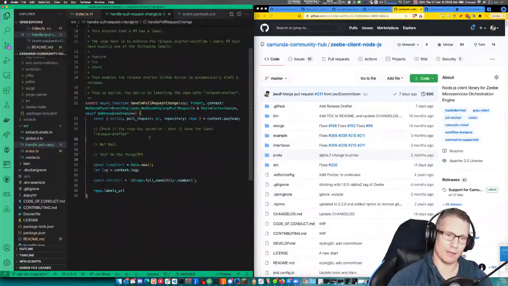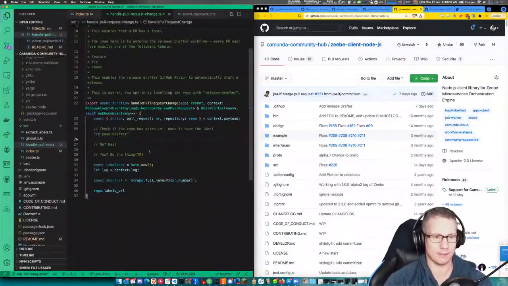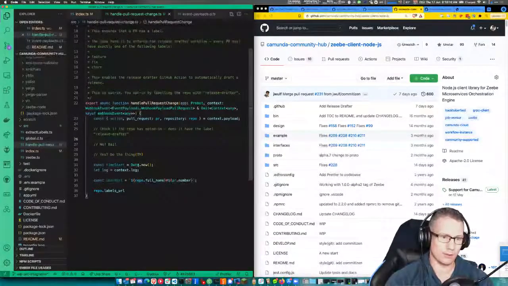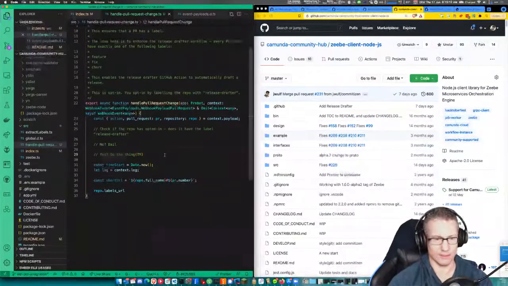Okay, so checking if it has the label. I've got to get the labels from the repo, check if it has that. I mean, that's a detail. No, yes, do the thing. And what is the thing? The thing is, okay, so doing the thing equals,